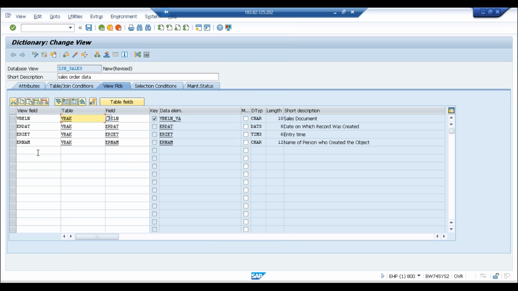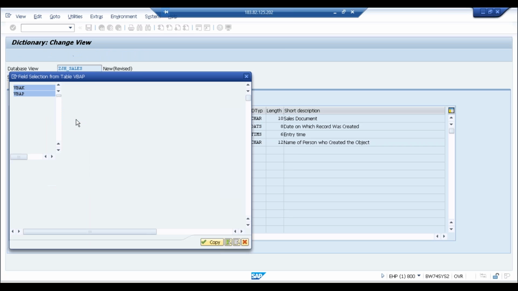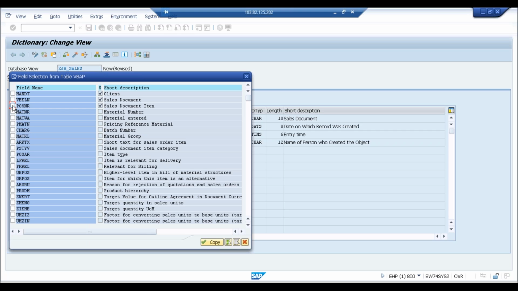And then we will select this another table field. So we'll go for VBAP, and in VBAP, we are selecting POSNR, MATNR, MATWA. So these are the things that we have.